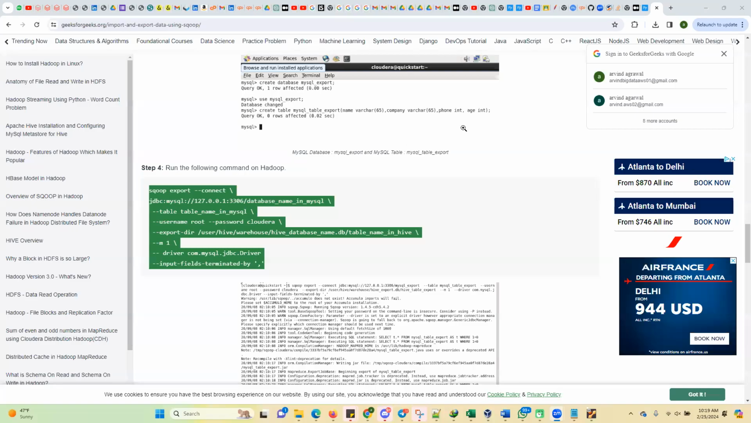Okay, so let's start first with the Sqoop import, right? Import we have done. So I'll show the export first, because we have one use case that is left. Okay, so for Sqoop export,